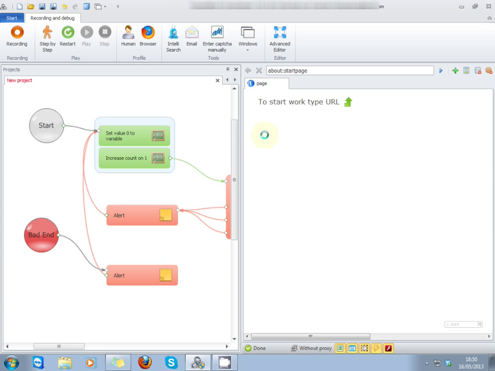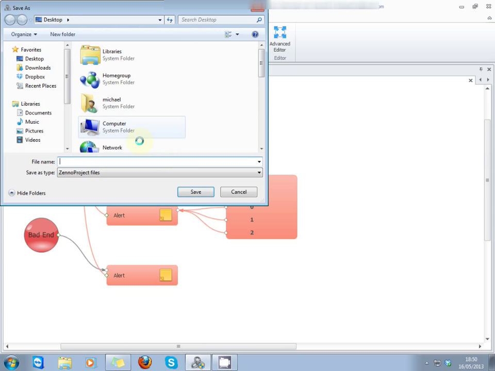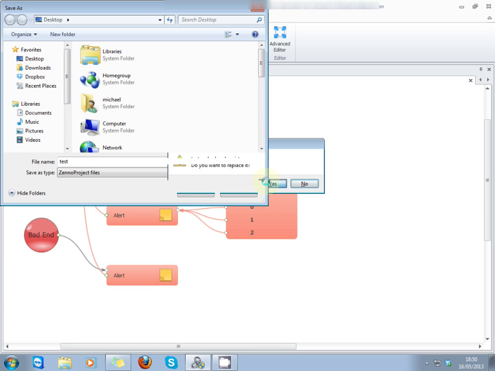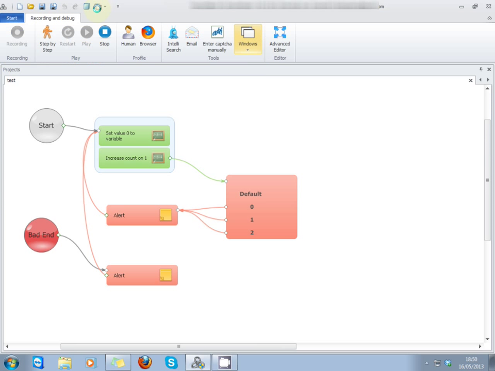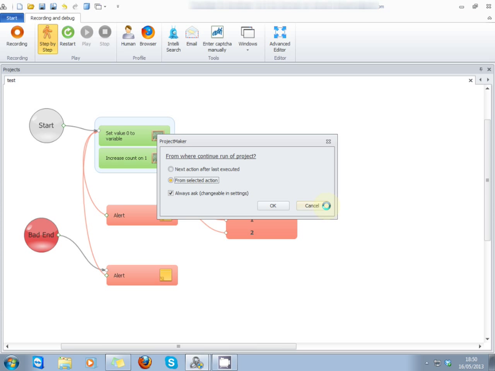Right, I don't need this, the browser, so can I disable that completely? No. Gone. So right, basically, set it step by step. Right, so if we click play,